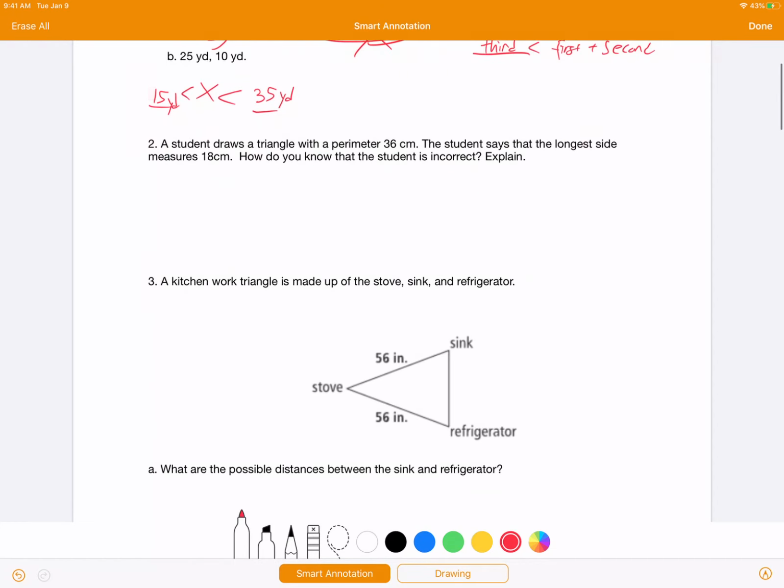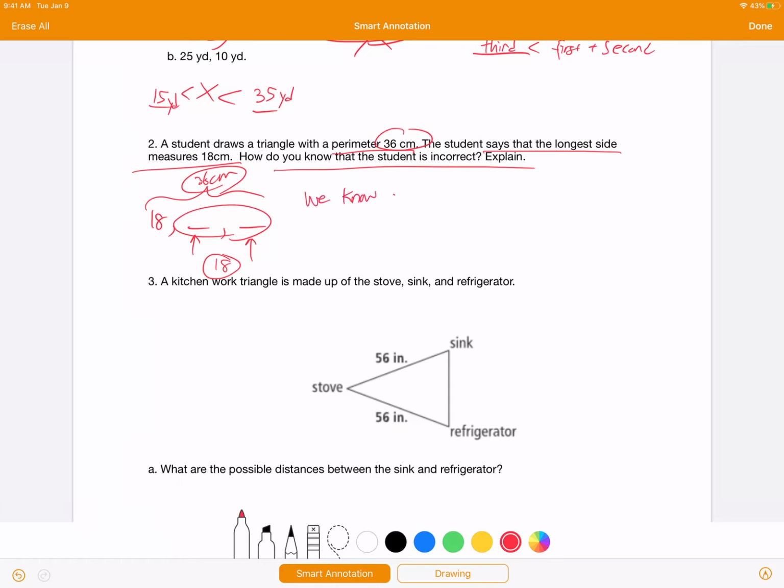A student draws a triangle with a perimeter of 36 centimeters. The student said the longest side measures 18 centimeters. How do you know that the student is incorrect? Well, if you take a look, the largest side is 18. That means I have two more sides to go on a triangle, but the entire perimeter is 36 centimeters. So these two added have to give you something bigger than 18. But if you subtract 18 from 36, these two added together, believe it or not, turn out to be 18. So we know the student is incorrect